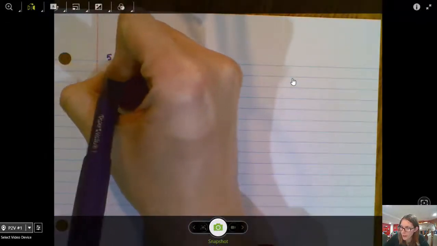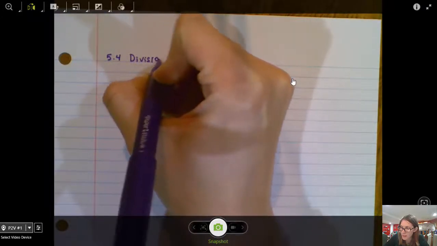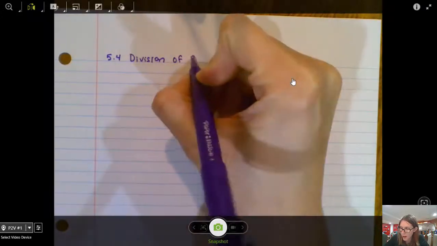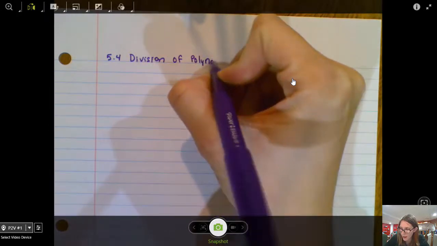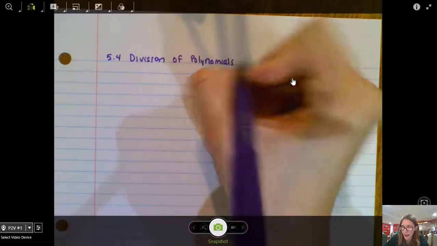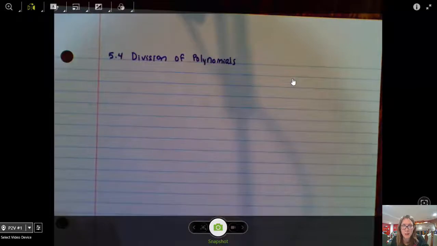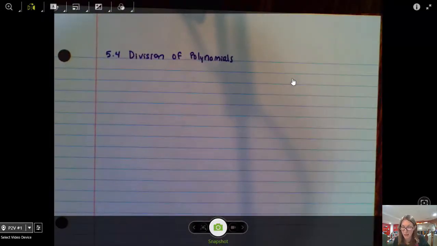Moving on to section 5.4. This is division of polynomials. Now, so far in your math careers and during this course, we have added, we've subtracted, we have multiplied polynomials. Now is when we are going to learn how to divide them. And this is going to be a new thing for you. So there are two ways that we can divide polynomials, but before that, let's start off with remembering how to